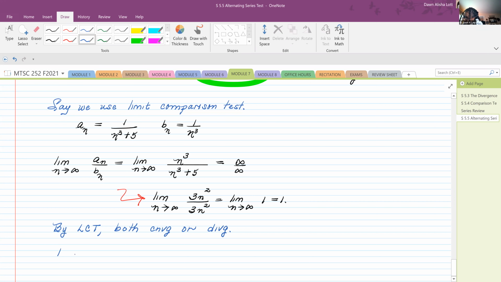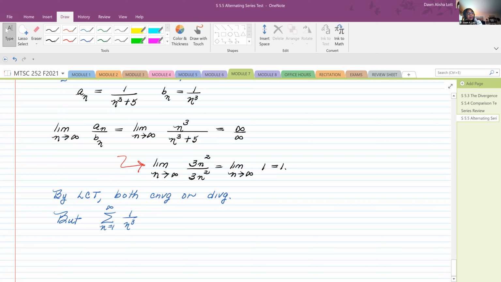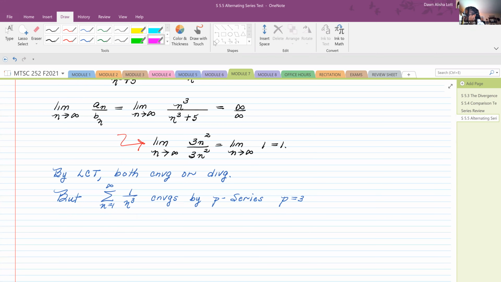But the summation n equals 1 to infinity, 1 over n cubed, what does it do? Does it converge or diverge? Converge. Good, this converges by P series. P is equal to 3. All right, so that converges. So that then implies